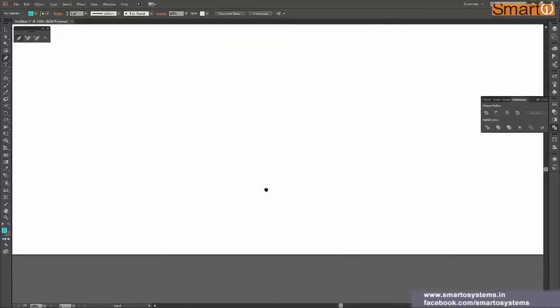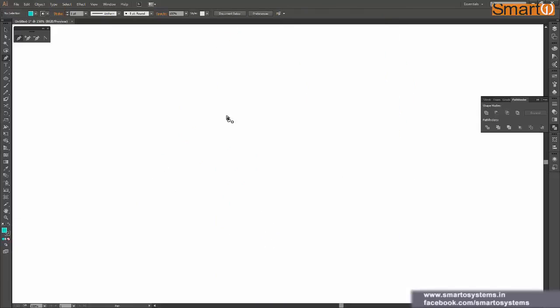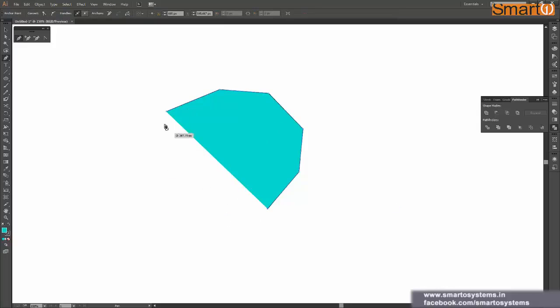Okay, now let's see the third functionality, which is open shapes. So we have seen that by default our shape remains open in the pen tool until we just go ahead and click on this starting point. But what if I accidentally leave my shape over here? Let's say I just pressed V on my keyboard and I have my selection tool now. So this is my shape and I have this open shape. So there's one thing which we have learnt already. We can select these 2 end vertices and we can click on join over here to join this shape. But what if my shape is just incomplete? I want to draw it further.